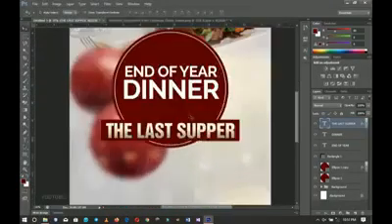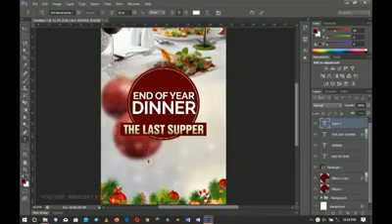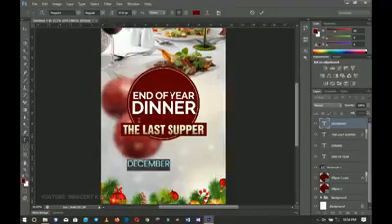So you can see that it differs slightly from the white layer or the white text that we have over here. So next up, I'm going to add the date and then the time and venue to it. So I'm going to choose the text tool, and I'm going to add another text, and this time around it's going to use the same color, but then I'm going to use the font called Poppins. So I'm going to type this symbol over here, and then I'm going to change this one to the color right over here. So I'm going to change this one to the semi-bold over here